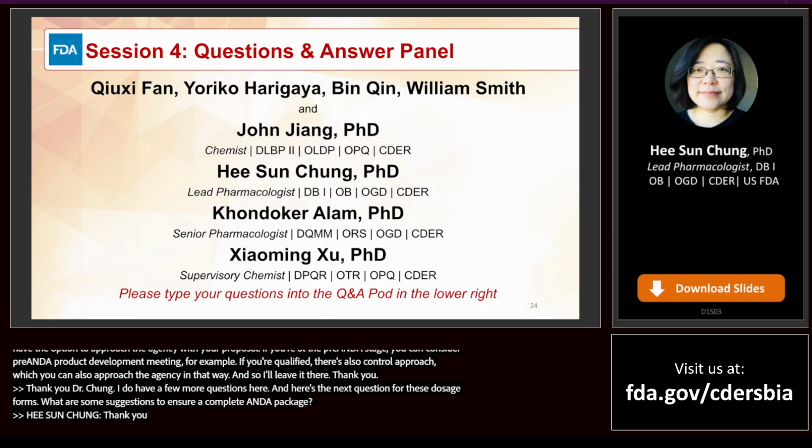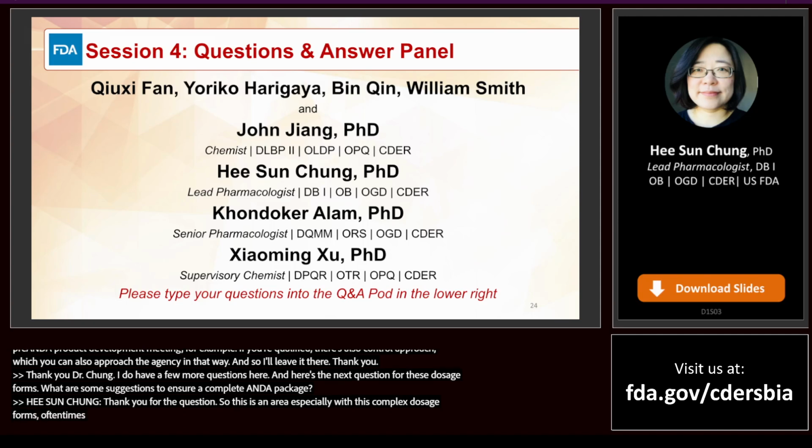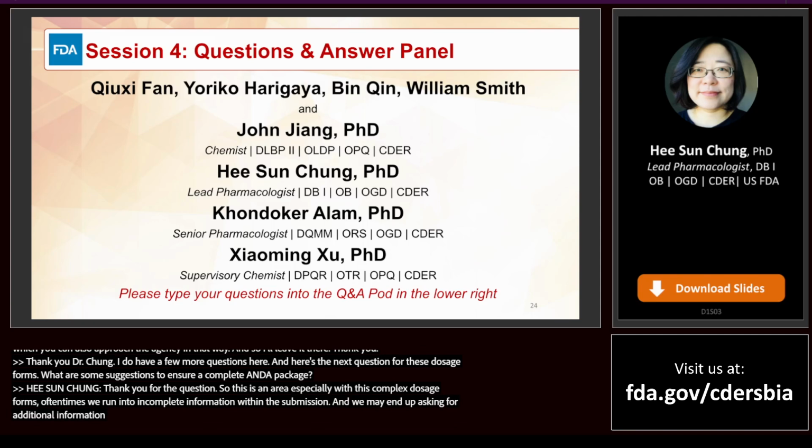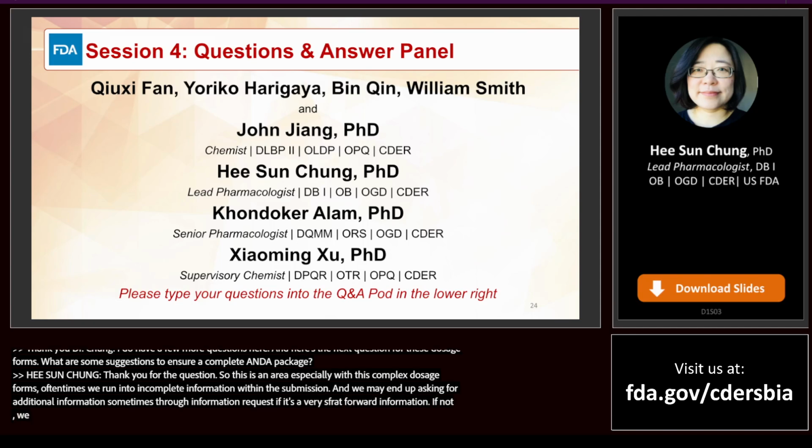Thank you for that question. So this is an area, especially with these complex dosage forms, where oftentimes we run into incomplete information within the submission, and we may end up asking for additional information, sometimes through an information request, if it's very straightforward information. If not, we may end up issuing a discipline review letter, and this may potentially increase the review cycle. So some suggestions in this regard are